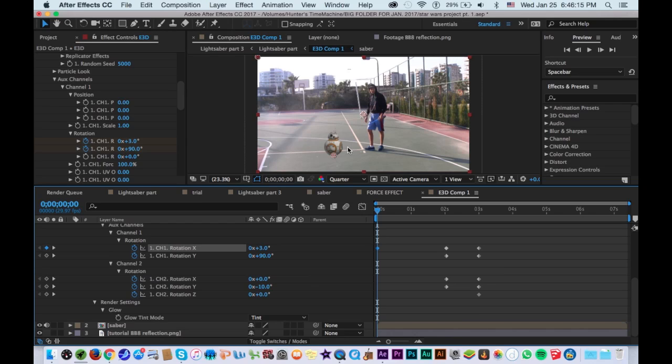This is for when we make him leave the scene. So this is gonna sound confusing, but let's just go ahead and do that, and then we'll take these keyframes and put them on the opposite. Okay. So these keyframes are the rotation, and we're gonna put them on about